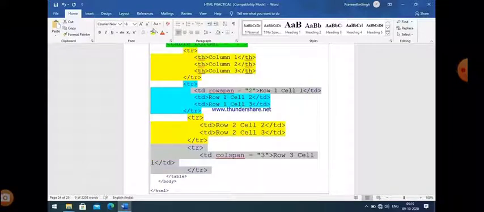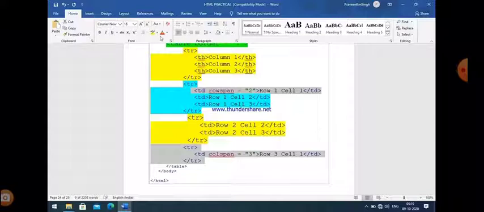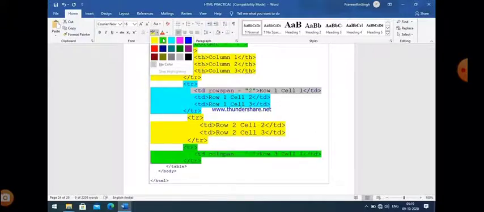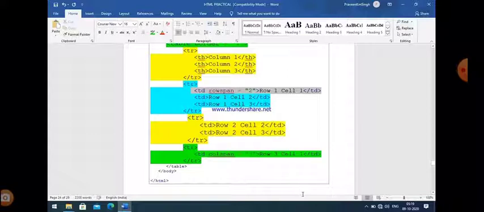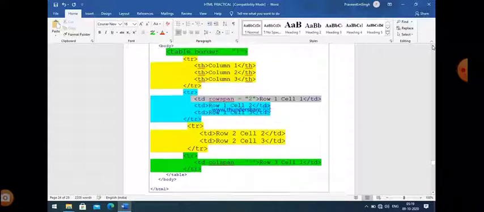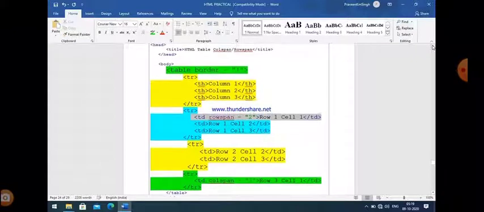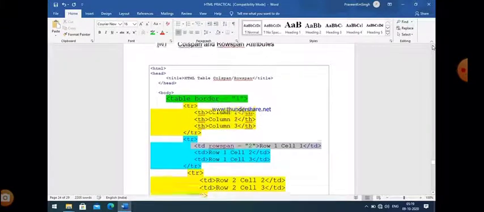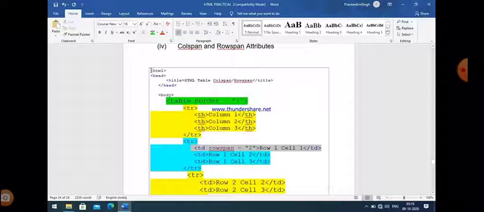So I just write col span is equal to 3, so 3 cells are merged column wise. Col means columns, and when we use col span we merge columns, and the number of columns here is 3. Whatever value we give, that number of cells are merged row wise or column wise. So that is the program.